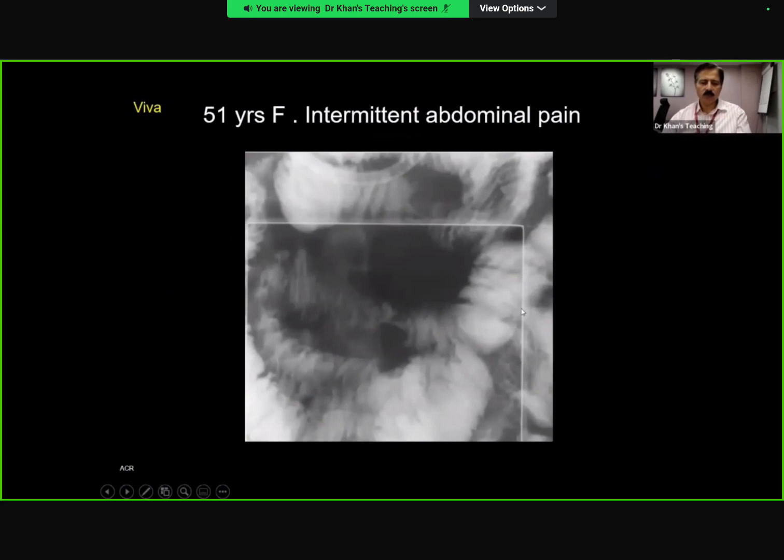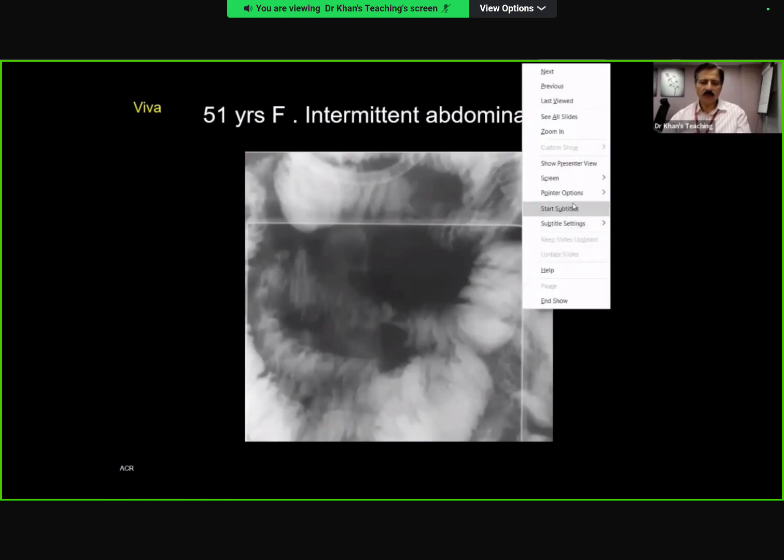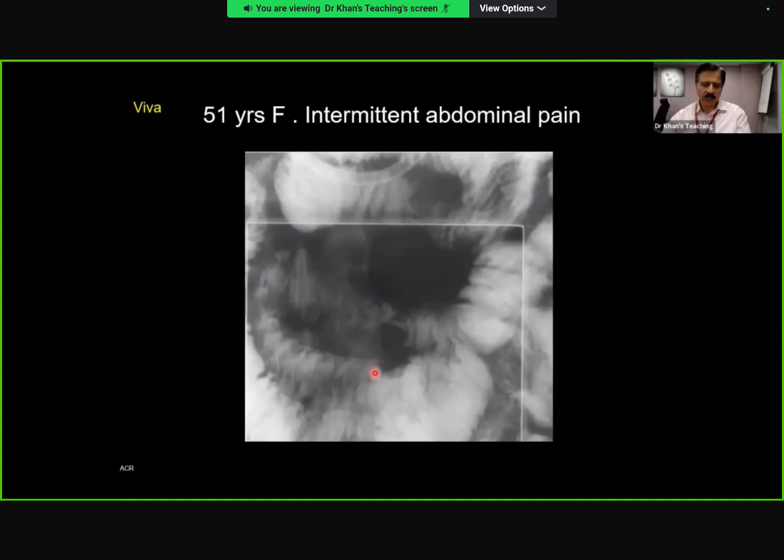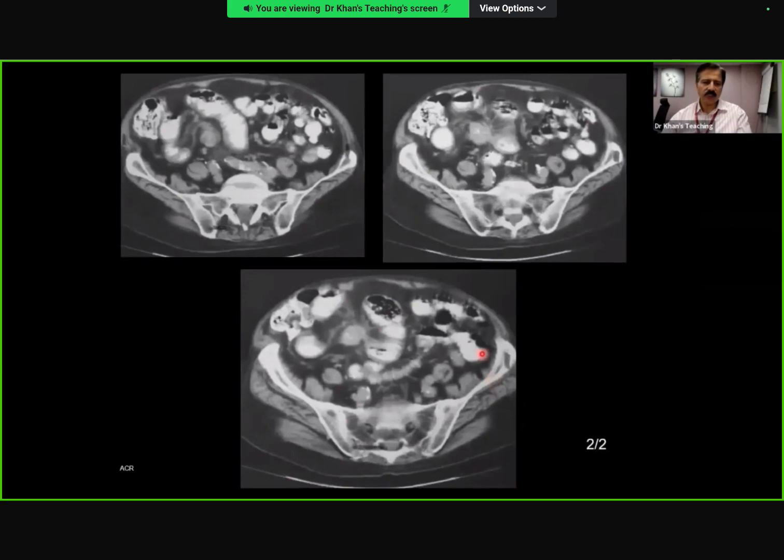Okay, now you have picked up something sitting here, right? Yeah. And maybe something sitting there. And you already know that on the CT scan, what do you think is happening? It's a desmoplastic reaction. I can see some stranding around the lesion, and then there's stranding in the mesentery